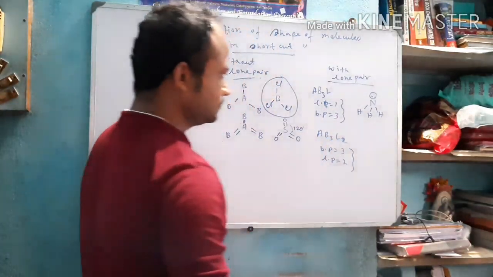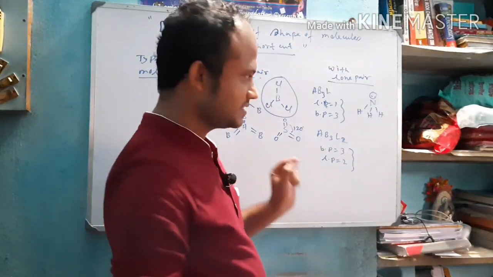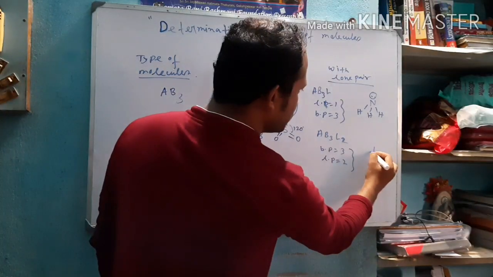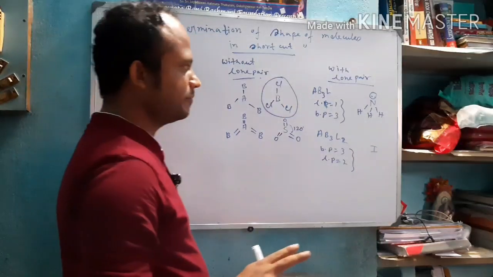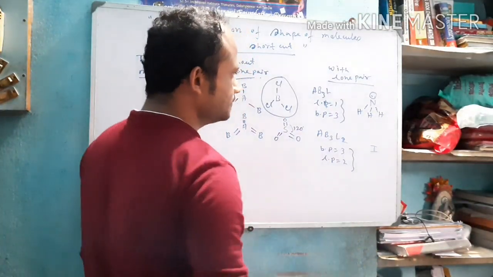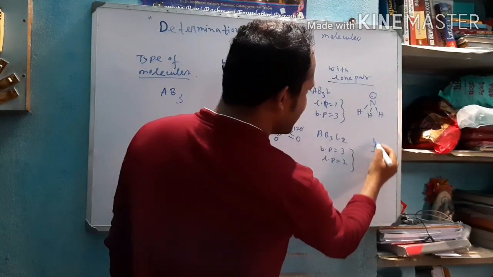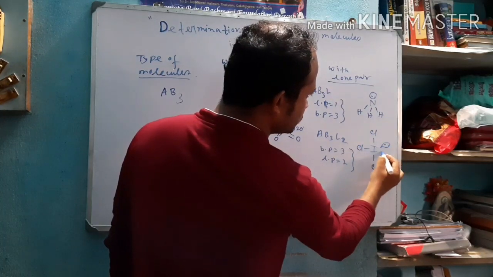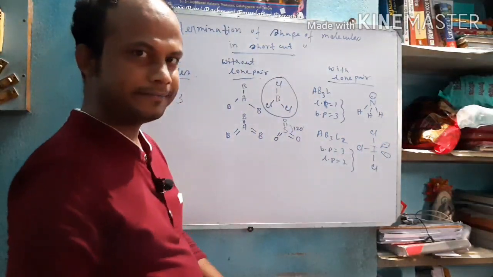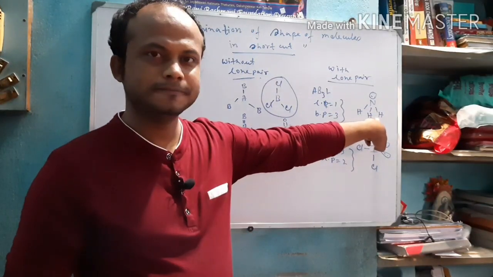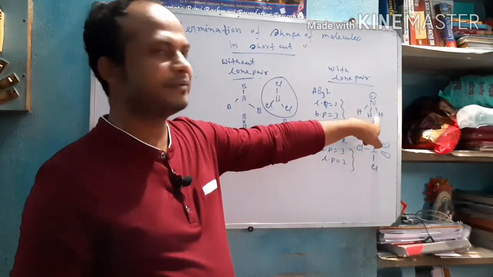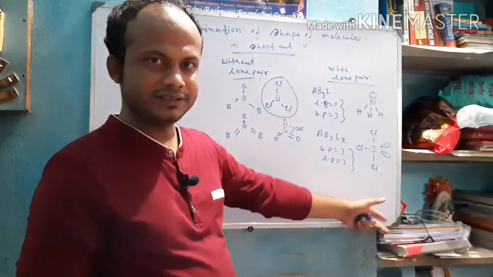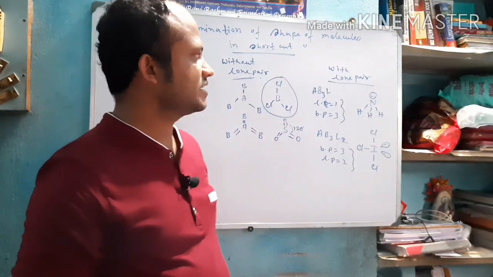Here AB3L2, last shell electron number is 7. 7 means the compound will form with iodine. So this is iodine and 3 bond pairs with sigma bonds. So I can write, it can form 3 bonds with chlorine and it has 2 lone pairs. Okay. What is the shape of this molecule? The shape of the molecule is pyramidal. Here 3 sigma bonds are not in plane, they are in different planes and the structure is pyramidal.